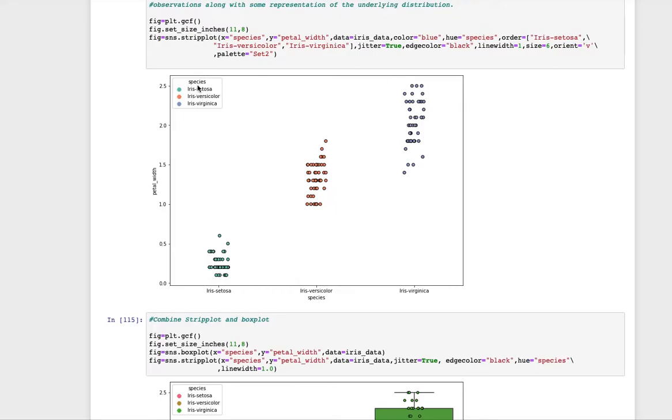Hue I'm giving as the species. Then order is Iris setosa, versicolor, Iris virginica. Jitter is equal to true, edge equals to black. You can see the black underlining of the bubbles. Line width is equal to 1, size equals to 6, orient is equal to vertical, palette is equal to set 2. So you will get such